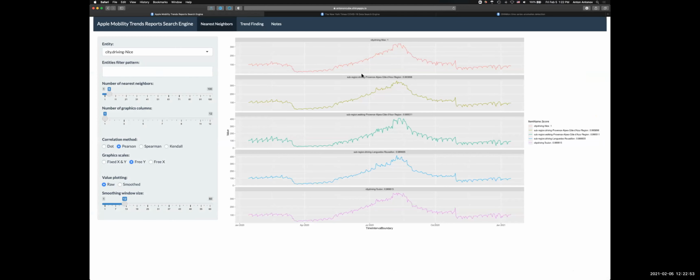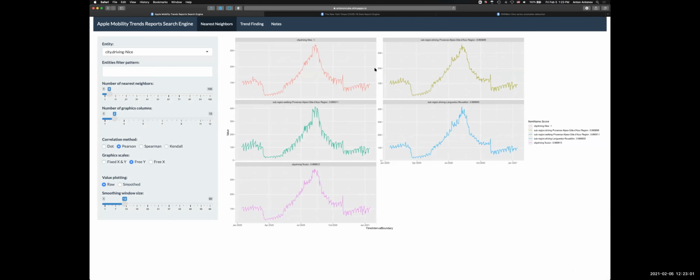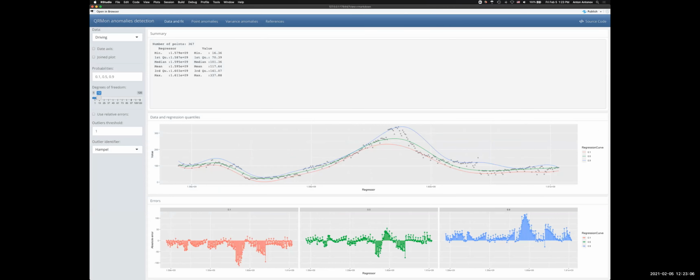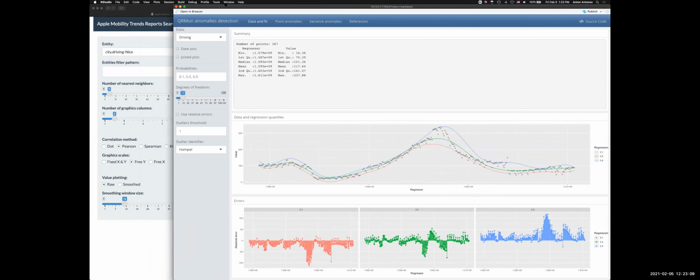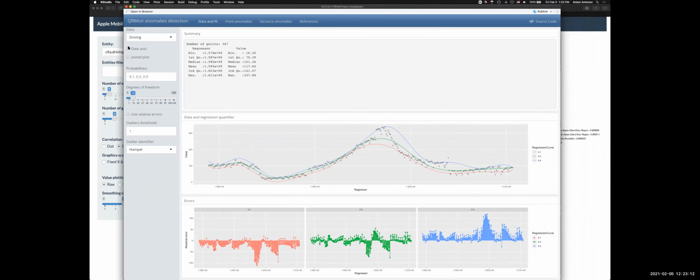So what I was showing here, this is for Nice, France, right? So I am going to make two, in order to be more clear what is the resemblance with this interface here. So let me resize it. So let me put data axis and joint plot. And this is basically the data which I have for this time series. Now, quantile regression, these are the lines you see here. They're specified through probabilities 10%, 50%, and 90%.